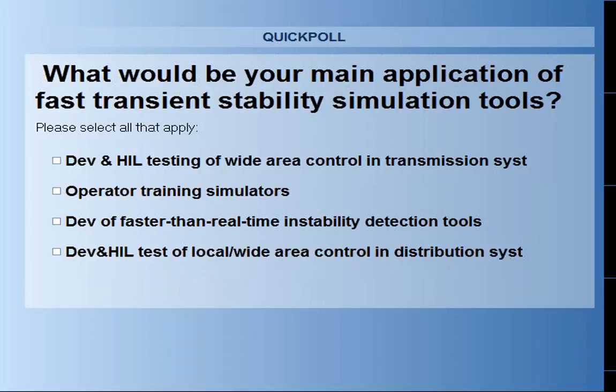There are four multiple-choice options. One, development and hardware-in-the-loop testing of wide area control and transmission systems. Two, operator training simulators. Three, development of faster than real-time instability detection tools. And four, development of hardware-in-the-loop test of local wide area control and distribution systems. We'll give you a moment to address this question.